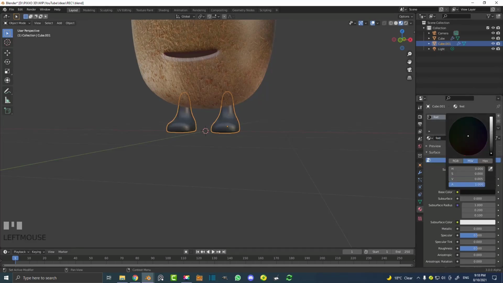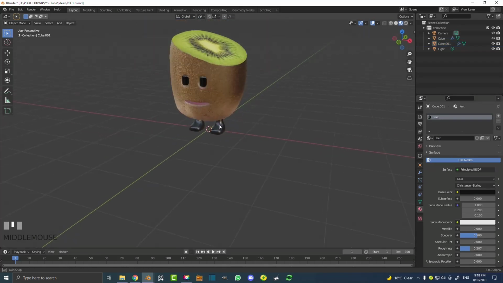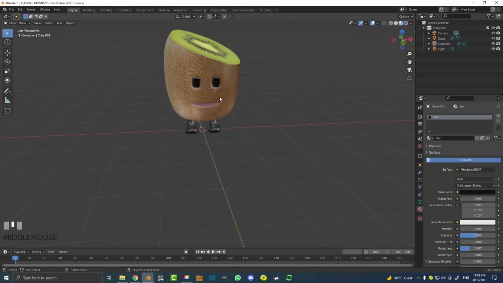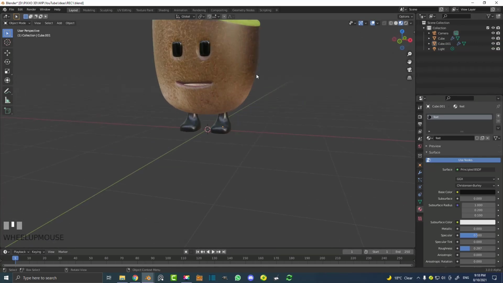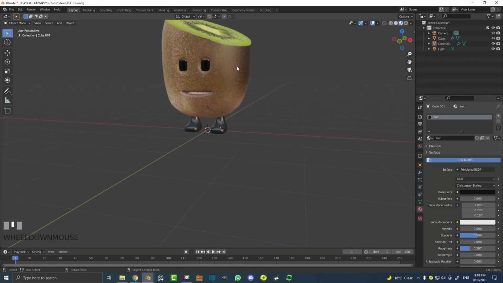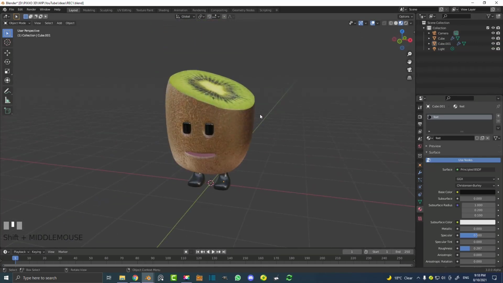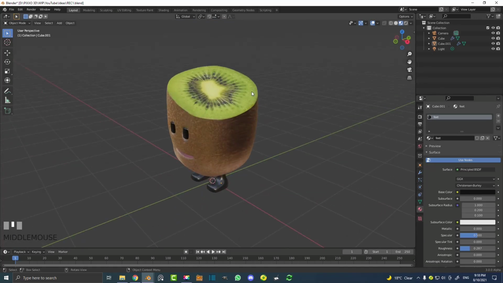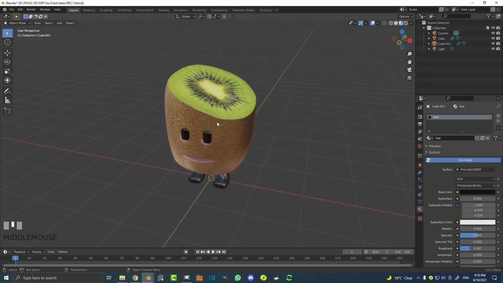And I'm just going to make that slightly black and bring the roughness down just a bit for a bit more reflectivity. So there we have it. You could give him arms, but I think he works fine without arms. But before we actually get into doing the particles, let's give it just some basic lights and a backdrop and